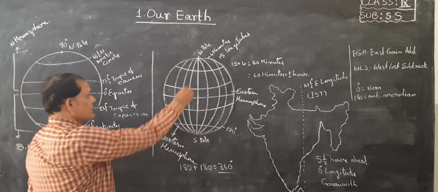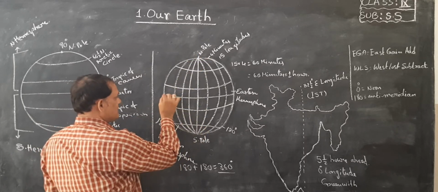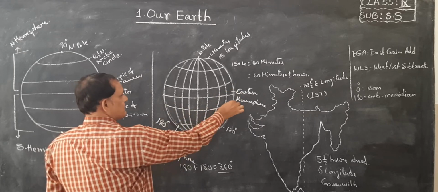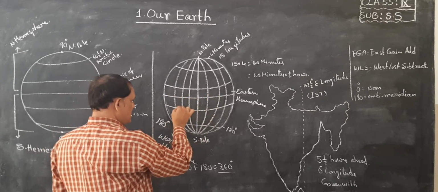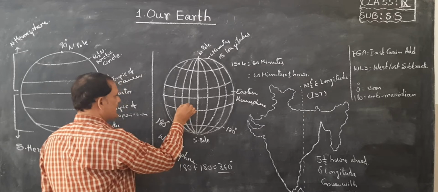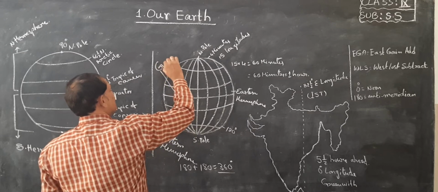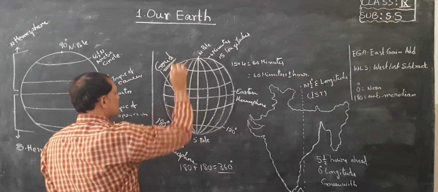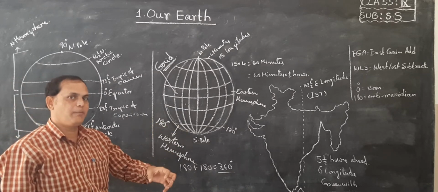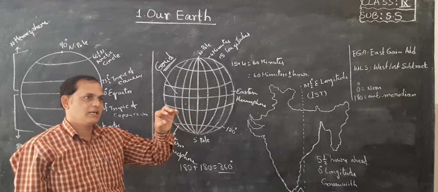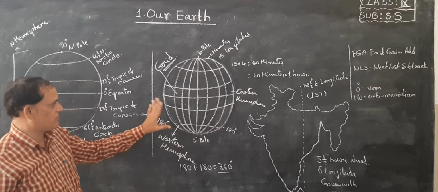Now look, children. This is longitude. This is equator. This is Tropic of Capricorn. When it is passing through like this, this place is called a grid, children. What is it? This place is called grid. Scientists and sailors exactly find, with the help of latitudes and longitudes, the exact place of any country, any area in the world, children. That is the main use of this.